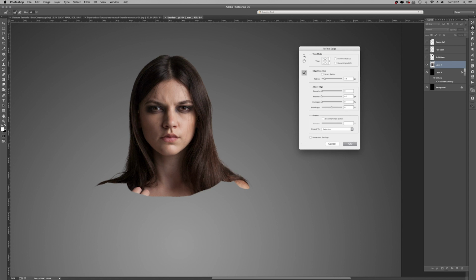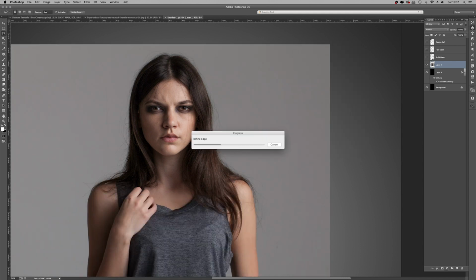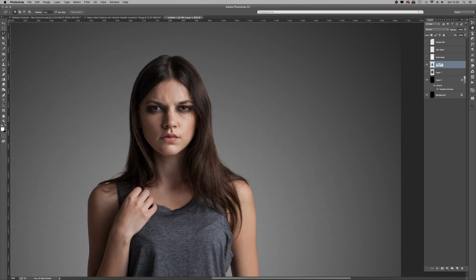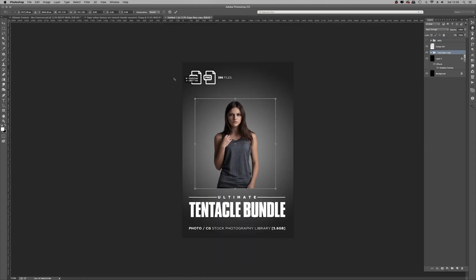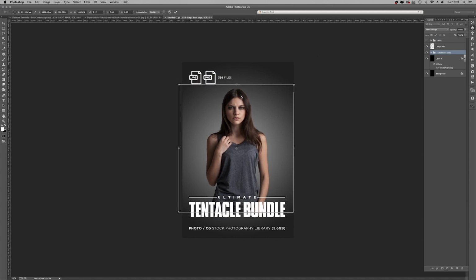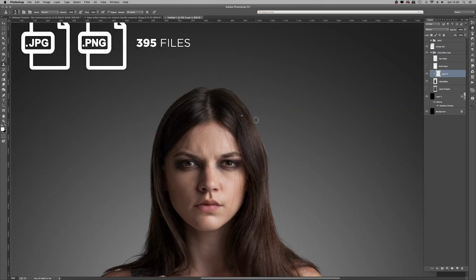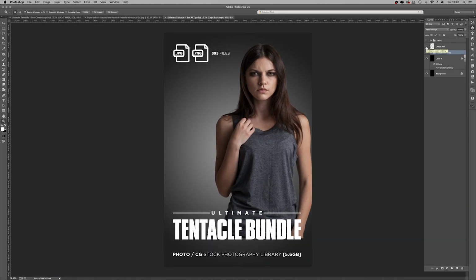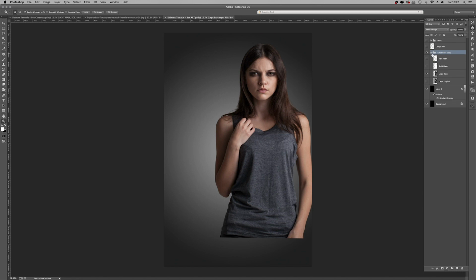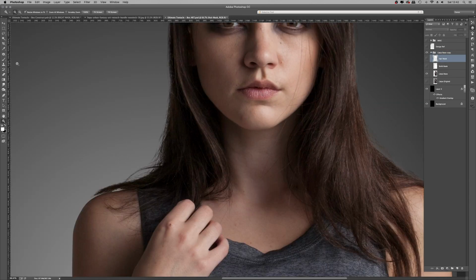When you hit OK on that refine edge, it'll create a new selection, and I combine that selection with the solid by going shift, command and click on the solid mask layer, and that creates a selection based on both the hair that used the refine edge and the solid that was created with the pen tool. So I'm bringing the figure into the design template just to see where it fits compositionally.